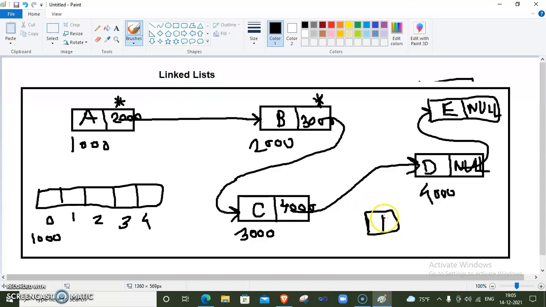If the node is the first node only, then this is the first node. Otherwise, if a number of elements are already present inside the list, then we adjust the link only, meaning this new node